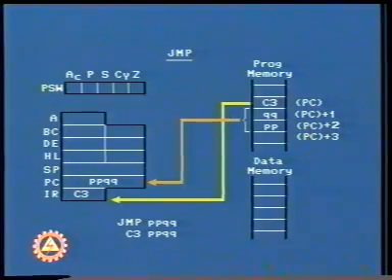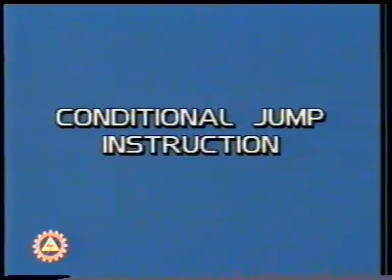Now the next instruction is fetched from memory location PP, QQ instead of PC plus 3. Let us now discuss conditional jump instructions. The sequence of a program can be altered either by the presence or absence of a condition. The conditional jump instructions are